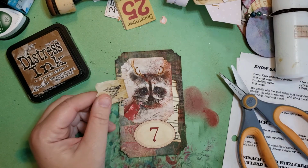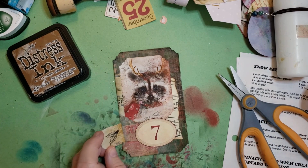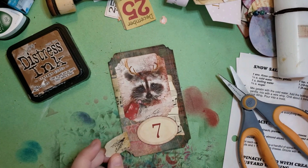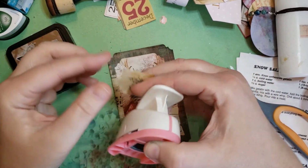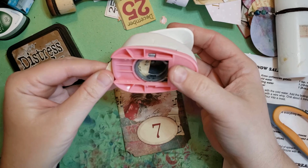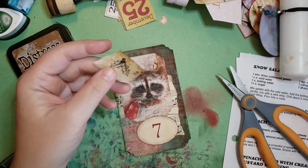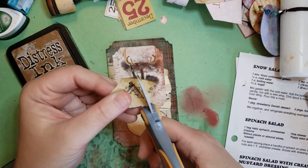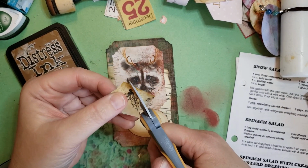I need them to all be different colors. That one's too small. When some of the punches are the same color, then it's hard to know. Oh, you're not going to be able to get that in there. Also, I'm not going to be able to get that in there. Plus, this is an oval, and I think my circle might look a little weird. Plus, I already started cutting it, so let's just kind of...